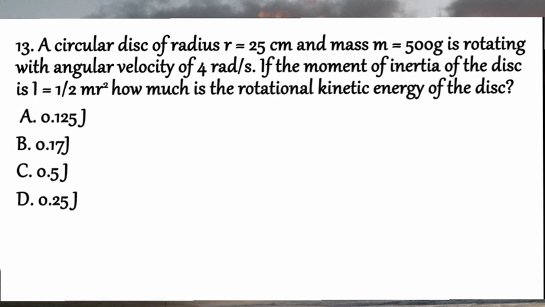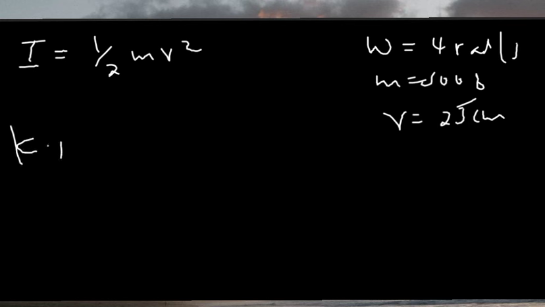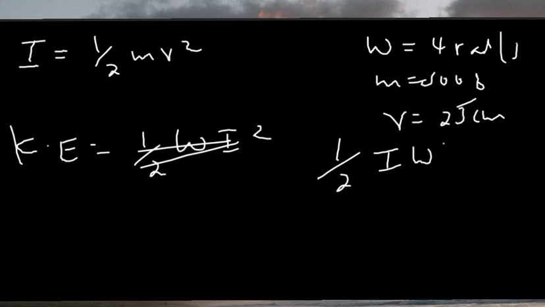እነዚህ ምርጫዎች ተሰጥቷቸዋል። አብረን እንስራ፣ ጊቭን እናውጣ። የተሰጠ ፎርሙላ ኦፍ a disk inertia of disk which is equal to 1/2 mr square አላችሁ። ሌላው ኦሜጋ የተሰጣችሁ 4 ራድ ፐር ሰከንድ ነው። ማስ ኦፍ አን ኦብጀክት 500 ግራም ነው፣ ራዲየስ ኦፍ ዲስክ 25 ሴንቲሜትር ነው። የተጠየቅነው ሮቴሽናል ኪኔቲክ ኢነርጂ ነው፣ ይህም 1/2 አይ ኦሜጋ ስኩዌር ነው።